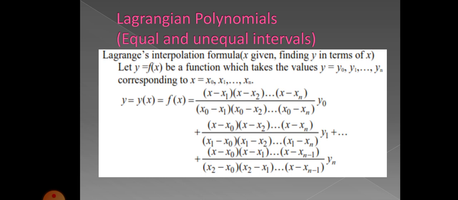Now they have given a formula for the Lagrangian interpolation. So y means f of x, a function which has been inputted in a single value called y. So y is equal to f of x. So y and x are the major part of this problem. And now the formula: x minus x1, x minus x2, etc. up to x minus xn. That will be common for all.